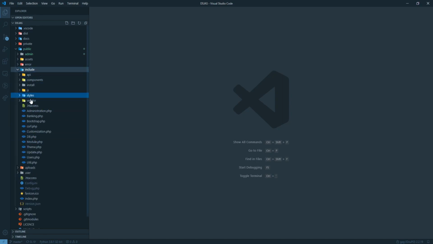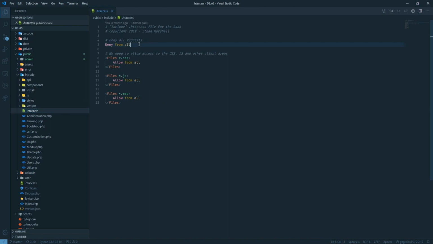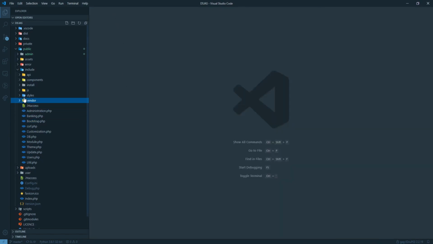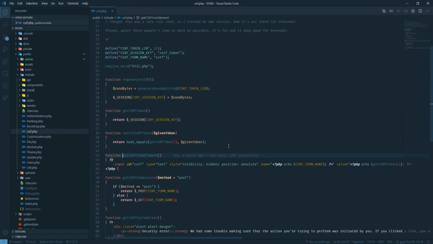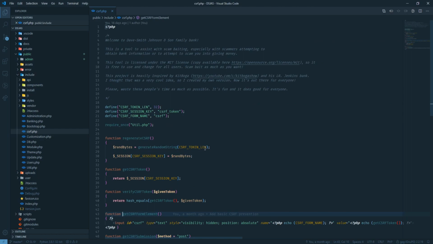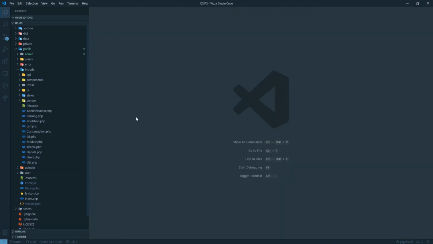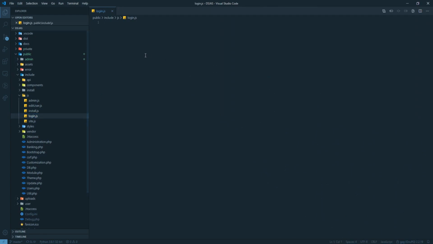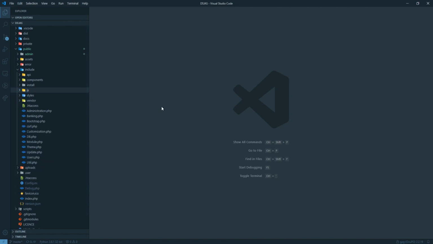The include directory, you'll notice there's an htaccess file in here that denies all requests except for CSS, JS, and sitemap files. The reason for this is the include directory essentially contains all code which is going to be placed into another file. So, for example, the CSRF, utilities, and things like that. Inside of here there's also JavaScript, for example, the login thing that's actually empty, the login JS will be included in login pages and things like that,